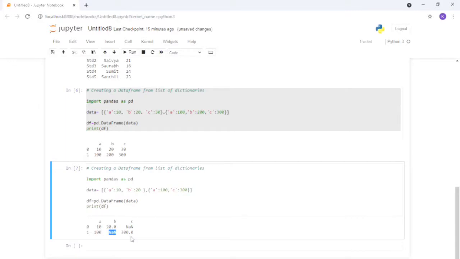Okay, now we are moving to the next thing, like how we can create multiple data frames in a single sequence. So with this we have to just import.